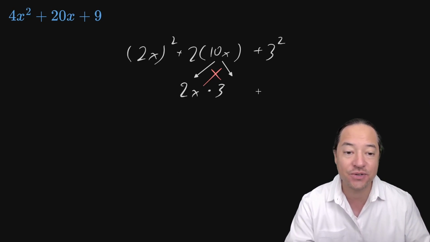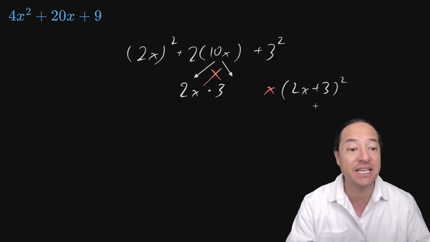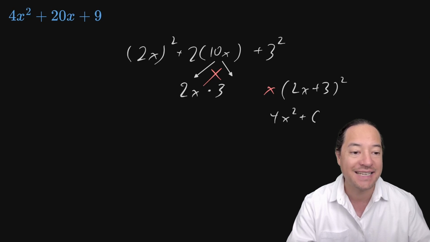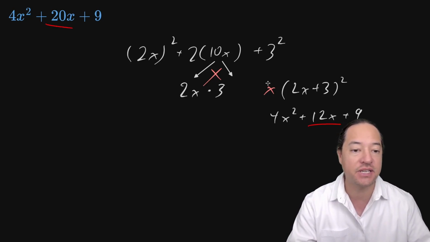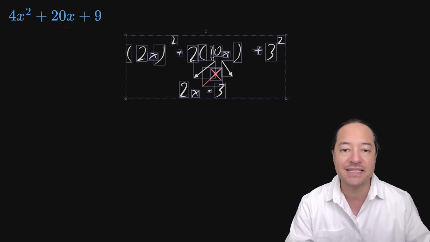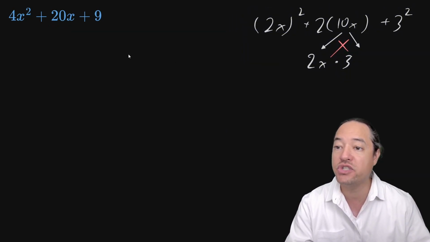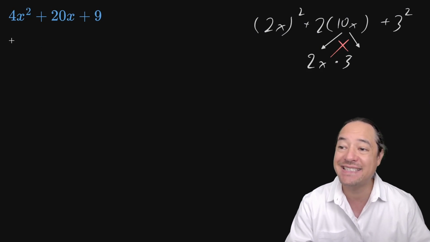This is not going to be equal to some 2x plus 3 squared, right? This would be something else. In fact, this would be a 4x squared plus a 6x plus 6x. This would be a 12x plus 9, right? And this is not what we have. Here we have a 20. Okay, so this is not going to work. We're not going to do it this way. Instead, we have to find another way to factor this, and we'll just use sort of the AC method here,